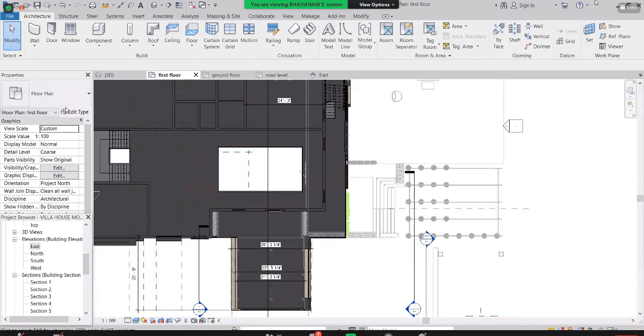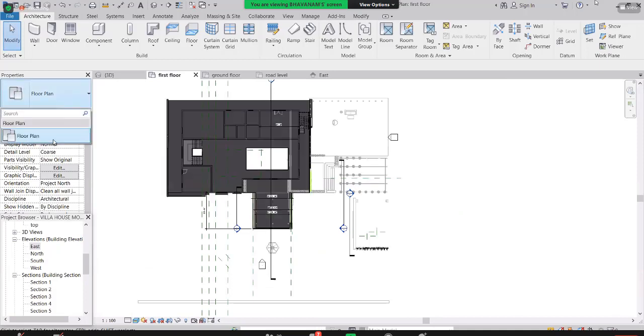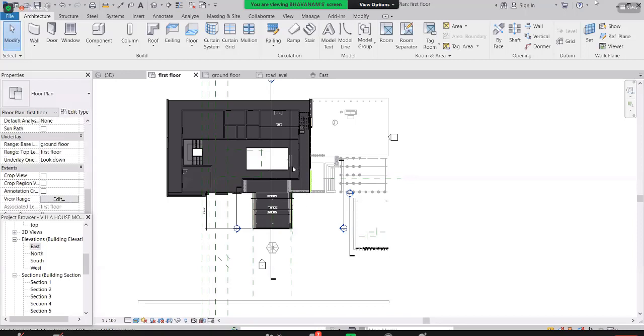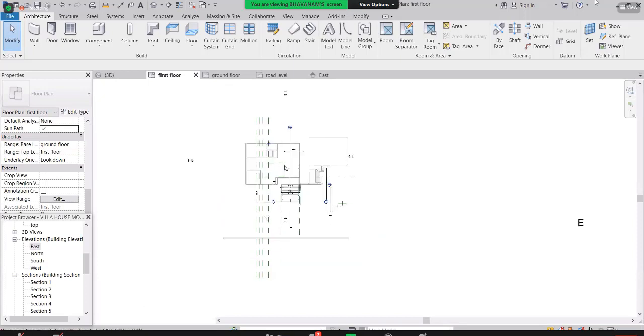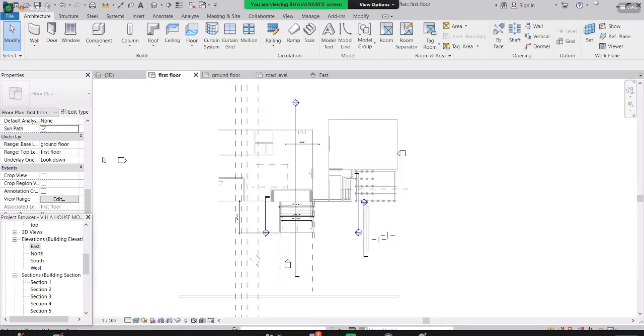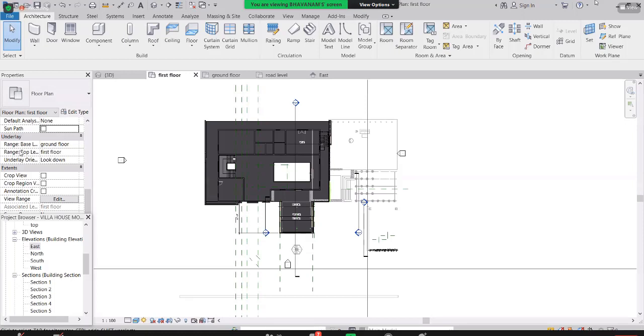Okay. If you go to the first floor, and you want to see scaling or change anything, you can change it here. And the sun path, if you want to see the sun path. I think it's showing some hidden items, so I just turn it off. Here is the underlay.